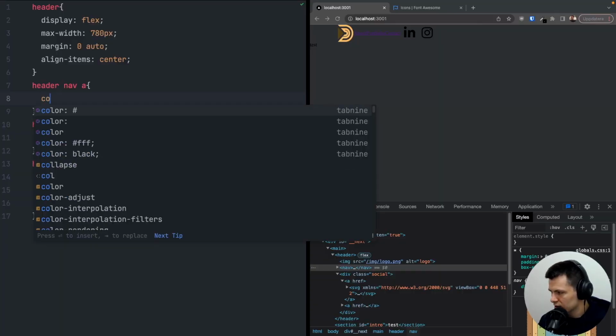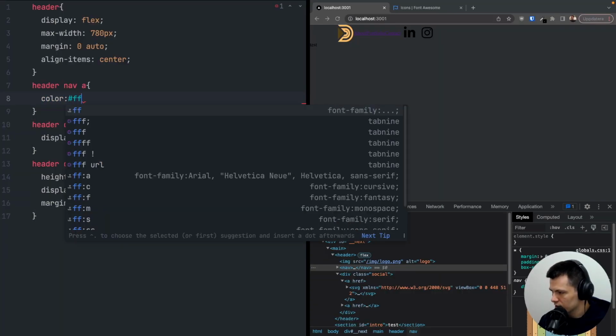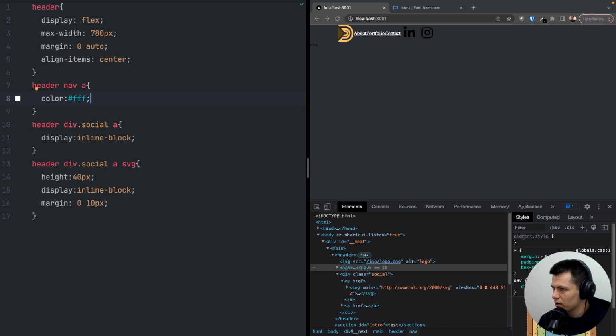So let's say that the default color will be, let's start with white, but the default one should actually be darker. So I will use RGBA. Let's start with white, so 255, 255, 255, and with one, this will be white. But if we do 0.7, then it will be grayish. Let's do 0.6. Yeah. And now the next part is I would like to fix this font, because as you can see,